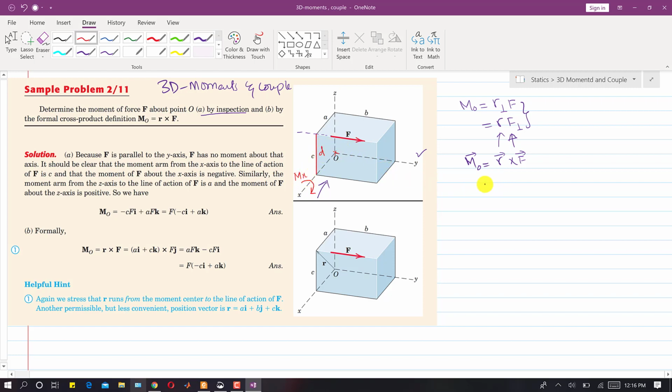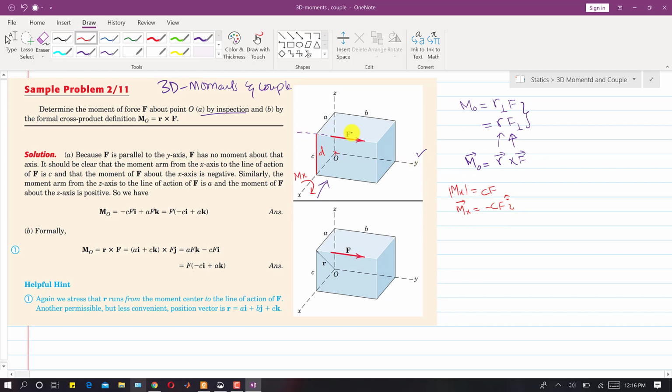And what will be the magnitude of that Mx? I can write that the magnitude of Mx will be c into F, where c is the perpendicular distance and F is the magnitude, remember. And if we represent this Mx vectorially, then this will be minus cF i, since this moment is about the x-axis. So the magnitude of this moment is cF, and the vector representation is minus cF i.